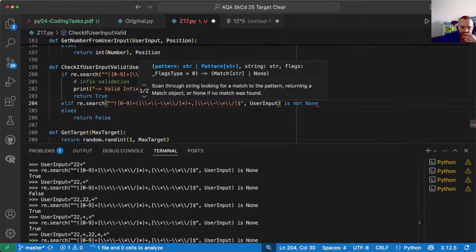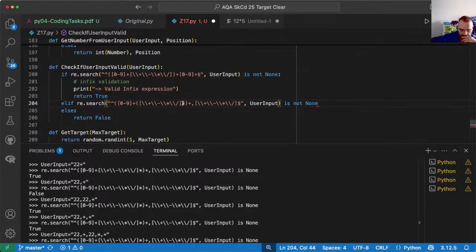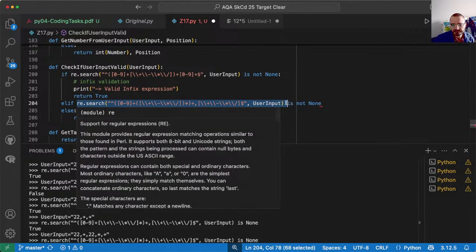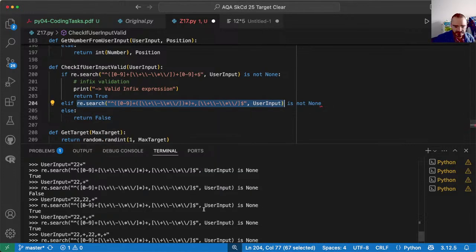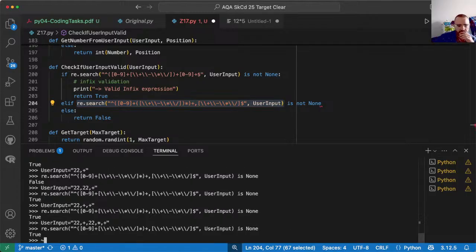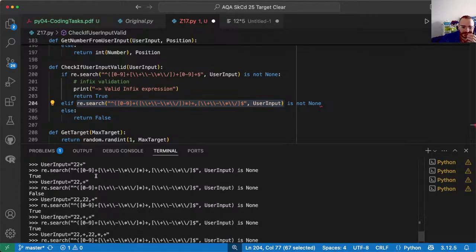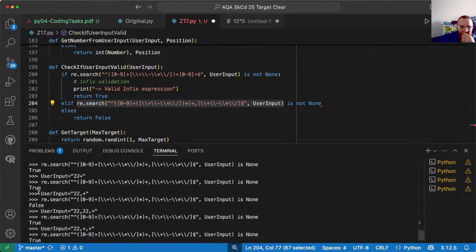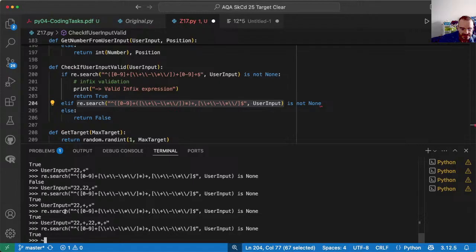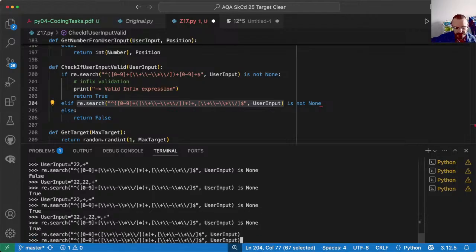Maybe I need some brackets? So let me put back, so, false means it's valid. So this one was valid, I was quite happy about this. This one isn't, and this one isn't either. So let's, now with brackets,